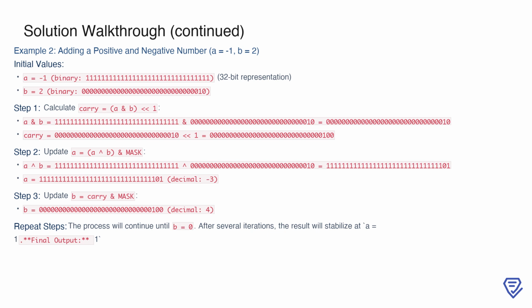Next, we update a using the XOR of a and b, which results in 1111111111111111111111101, equivalent to -3 in decimal. Then, we set b to the carry value, which is